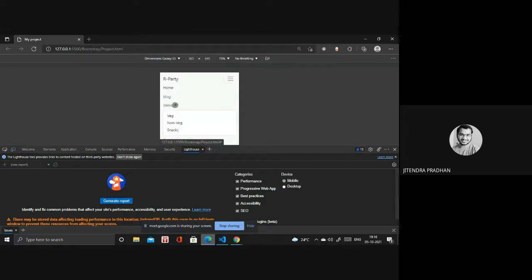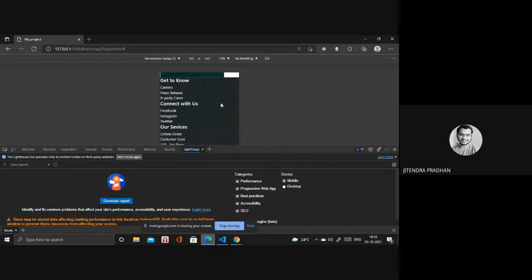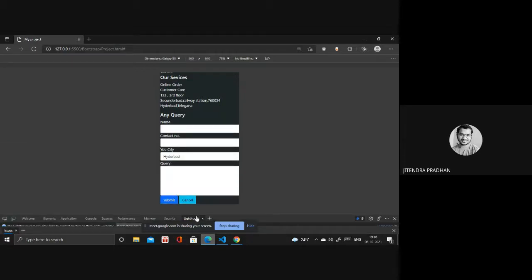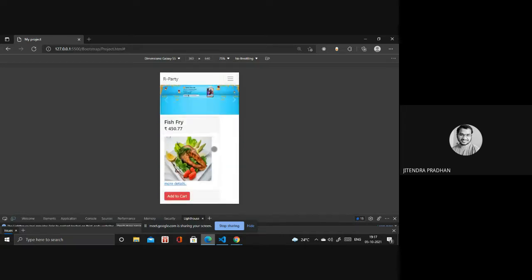Okay, and you have to click that part, and when you click that part as well, it's base one base and snaps, all these things will be sorted, and we are getting the picture. And this one is the responsive design, our menu, our picture, and get to know, connect with us, our service, and if we have any query. Okay, all the parts are there. I hope you got this point, how we need to design a website for responsive design using Bootstrap. If any doubt, you can ask me.